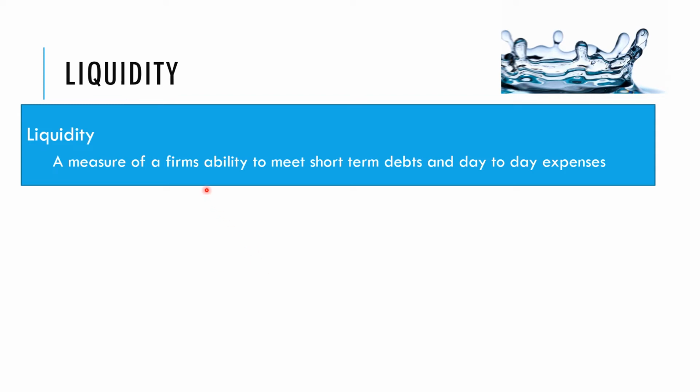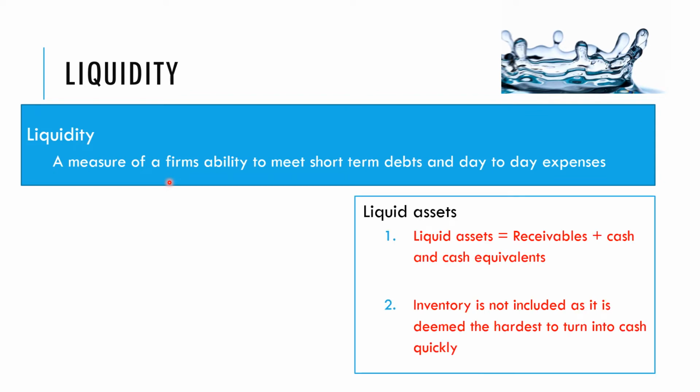So it's to do with cash, to do with the ability to pay debts and run your business from day to day. As we said previously, cash is an important consideration for a business to keep going from day to day. So liquidity measures a firm's ability to do this. And we're going to look at two ratios that a business might use to measure their liquidity. Before we do that, we need to